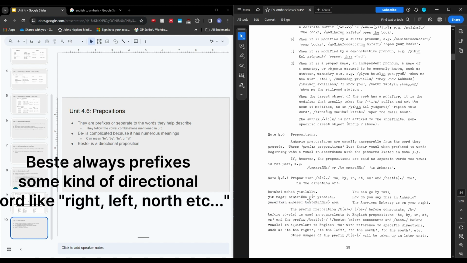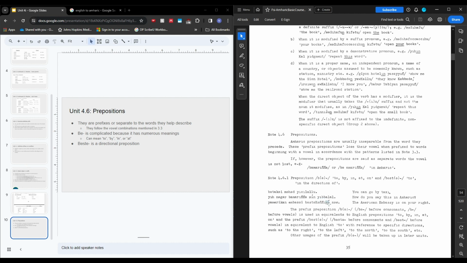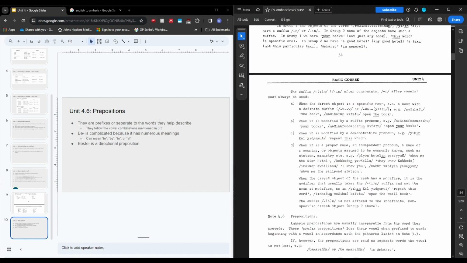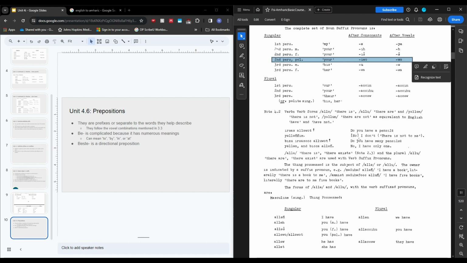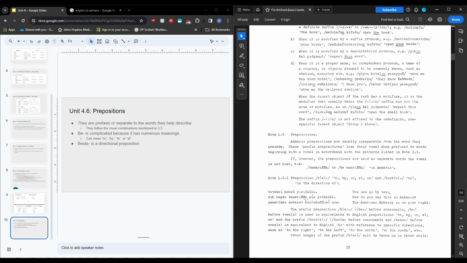Beste is a directional word. N is to the right, and then iwo is supposed to be a noun suffix pronoun for respectful. So when you're talking to someone respectfully, you'll add this onto the end of the noun that you're talking about. So in this situation, it's trying to say toward right, and it's your right, respectful. So towards your right, and then no means it is or he is. In this case, we know that we're not talking about a guy, we're talking about a directional situation. The American embassy is towards your right in a respectful sense.